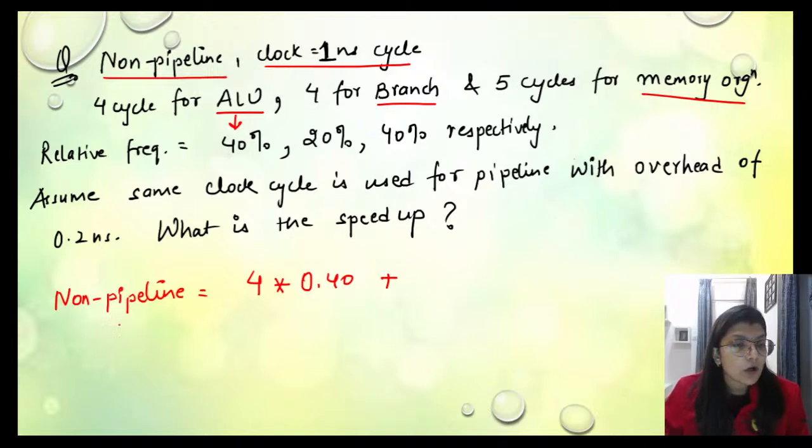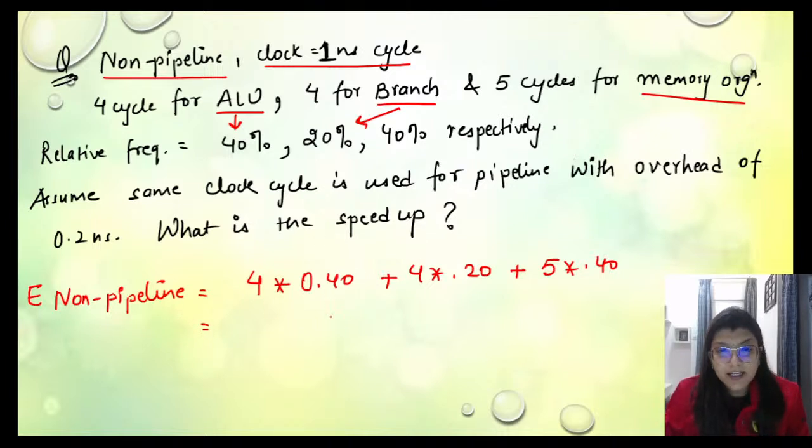4 फॉर ब्रांच मतलब ये आपका, आप निकाल रहे हो कि नॉन पाइपलाइन के केस में हमारा एग्जीक्यूशन टाइम कितना होगा, ठीक है। दिस इज व्हाट वी आर कैलकुलेटिंग, वी आर कैलकुलेटिंग द एग्जीक्यूशन टाइम इन केस ऑफ नॉन pipeline. And how we are calculating it, we are given the frequencies of the operations being performed and the cycle they are taking for execution, and we know that clock cycle is equal to 1 nanosecond. So 4 into 0.40, again this one is for branch, so 4 into 0.20 plus this one is 40% for memory, so 5 into 0.40. So when you will solve this, तो आपका execution time आ जाएगा 4.4 nanosecond for non pipeline.